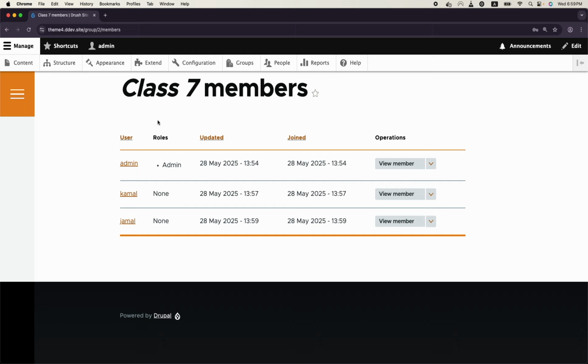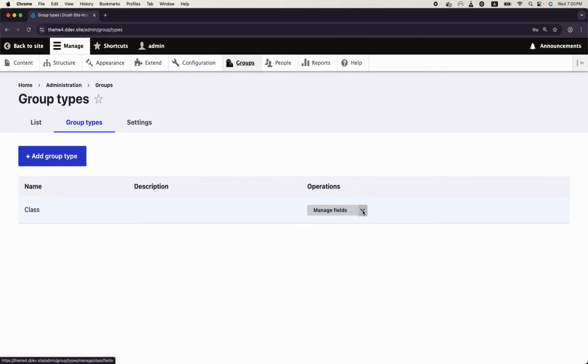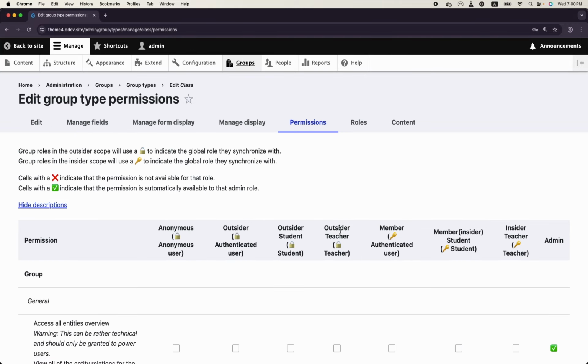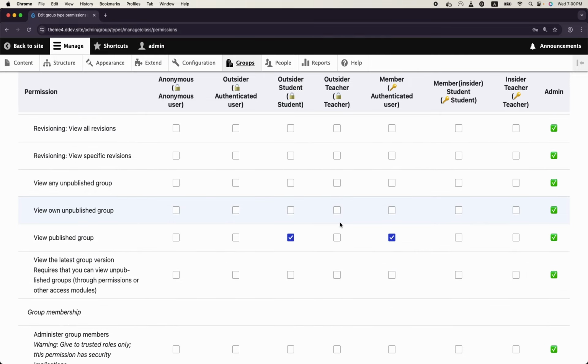So that's how the whole concept of groups in this group module works. You will have groups, and then they will have content as well as members, and then through permissions you can give or take whatever privileges you want per group. Yes. Per group type, right? Okay, so the next steps are, now we are going to do further stuff,